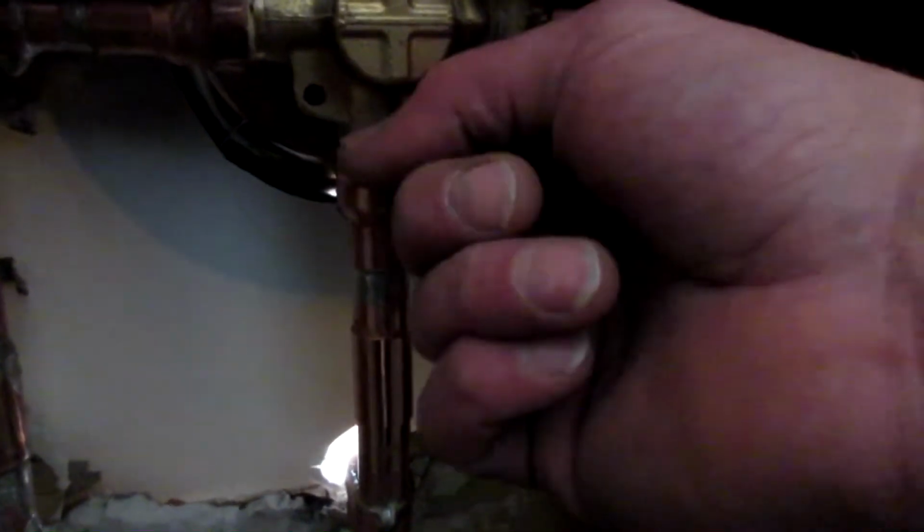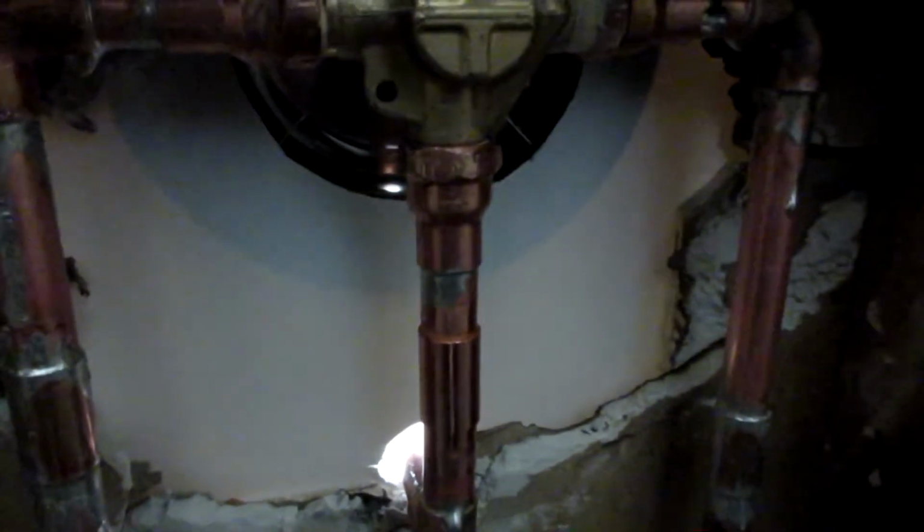So I'm going to wrap this whole area with a wet cloth and back behind here so I don't burn the tub, the back side of the tub surround. I'm going to bring my solder in here, and